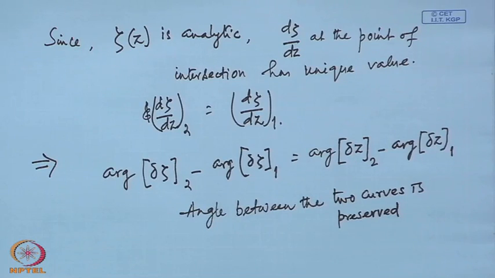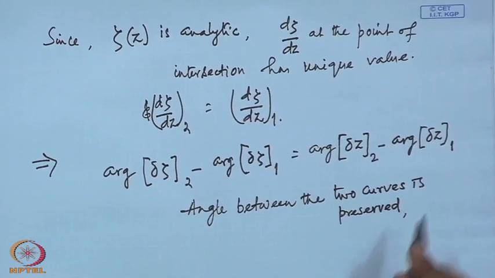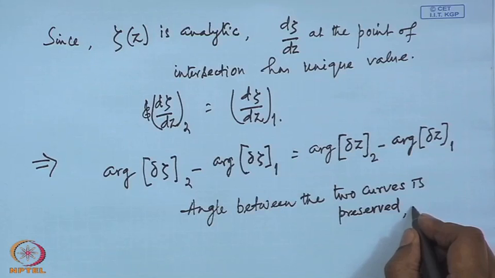However, there is one exception. In the particular case, if d zeta dz becomes 0, that is, the function is analytic there, but somehow d zeta dz becomes 0, then of course you cannot find its argument. So, we can put it that, except